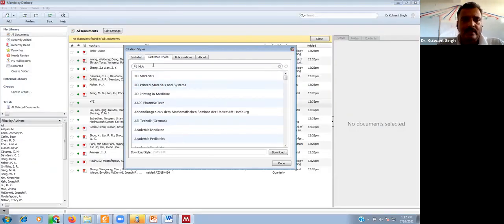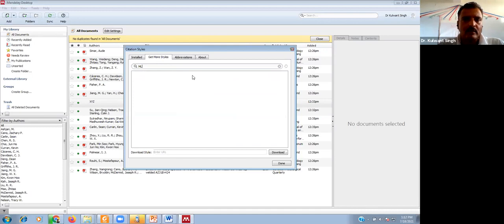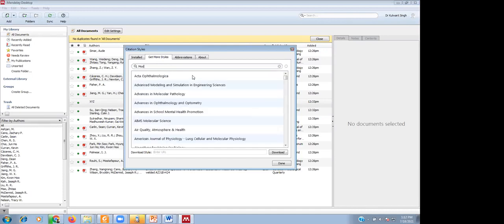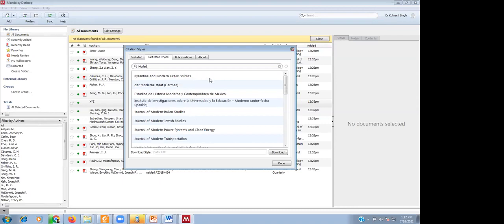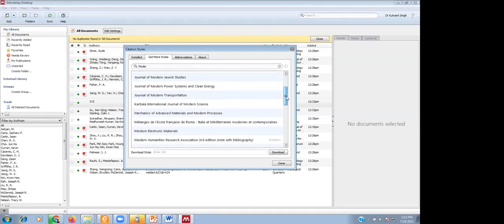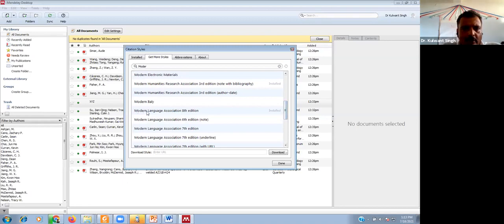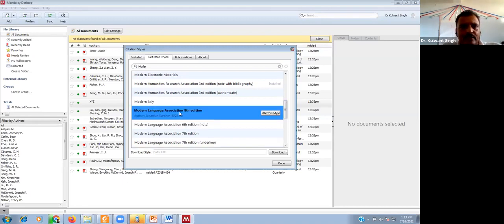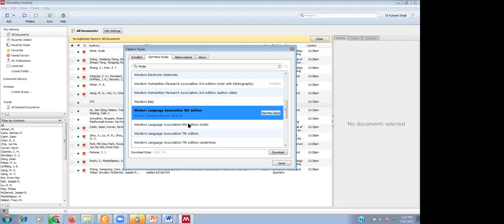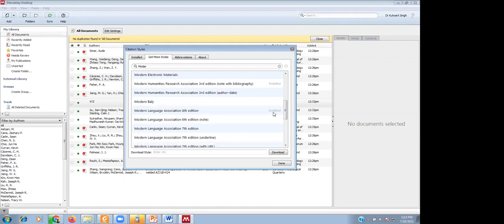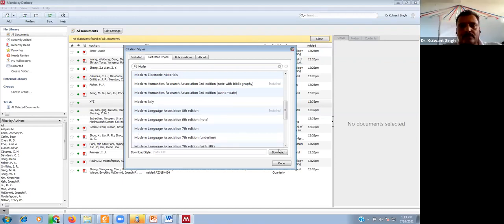This is the MLA. These are the MLA styles, Modern Language Association 8th edition. You can select this and you can use it.